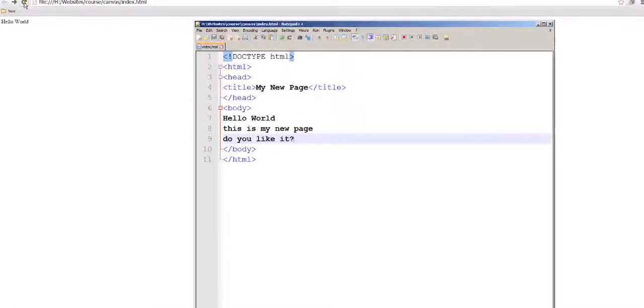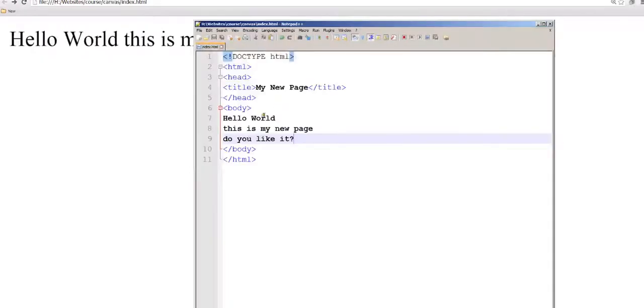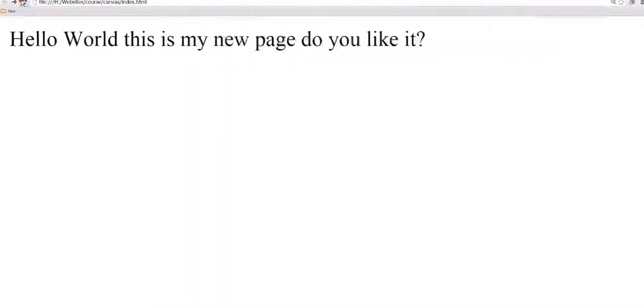But when I go over to HTML and I refresh it, I see that it places it all on one line. So I'm going to actually make this bigger so we can see it a little bit better. But we see that everything is placed on one line, and it doesn't exactly look like I've laid it out here within my HTML. And this is one of the things to make note of when you are creating HTML pages, that white space,